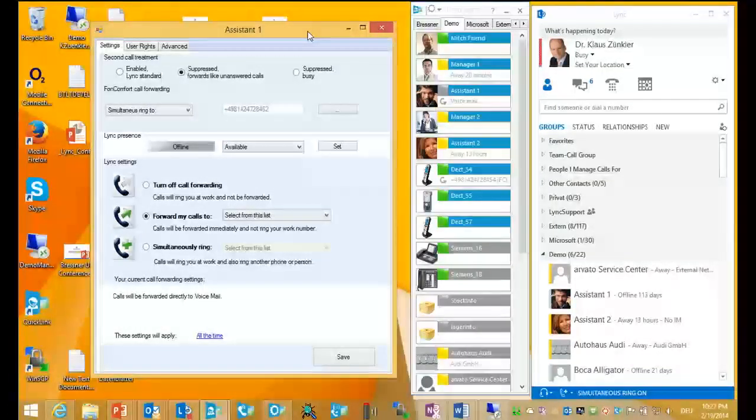For example, the call could be suppressed and forwarded to somebody else, or it can be set to busy. If it's forwarded to somebody else, it follows the rule which is defined in the Lync client for unanswered calls. Then I can set specific call forwarding options which can be used in parallel to Lync. They have a different logic, so you can select the standard Lync logic or the call forwarding logic we provide in